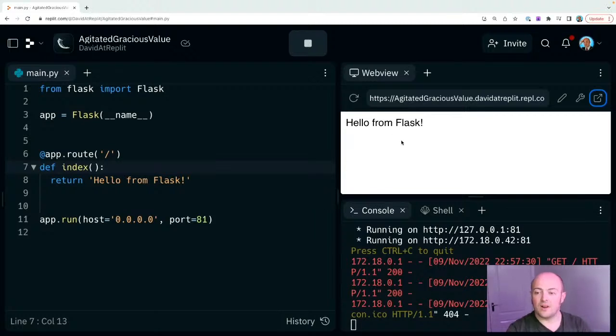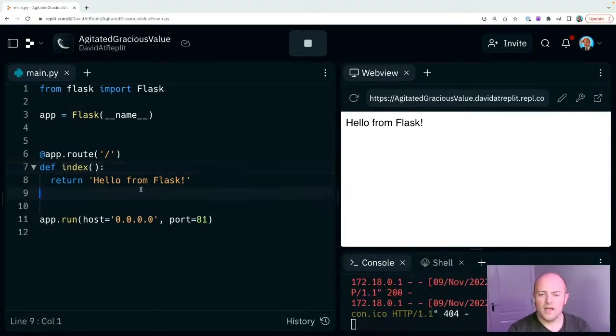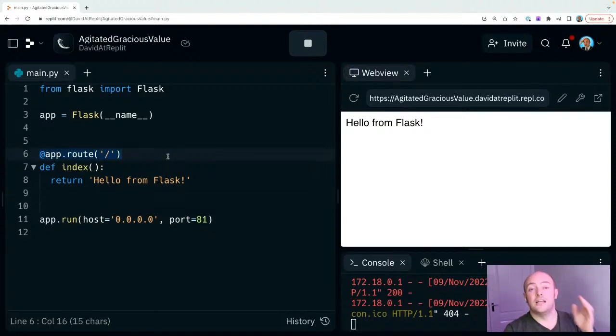But I can look at it from my dev tools here if I want to. From that website address, the default page, the first page you'd go to, just typed in with nothing after the slash, you'd end up here. And that's what that app route command does. It says, look, if you just go to the website, I want you to run the next subroutine. So if I wanted to change what it was saying, I could change this here.